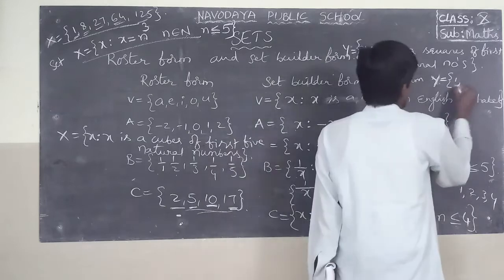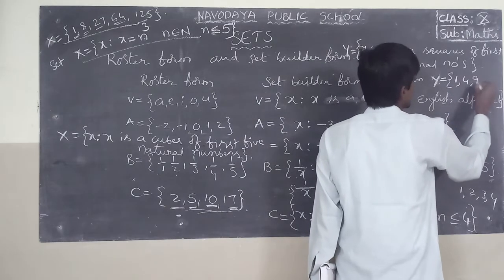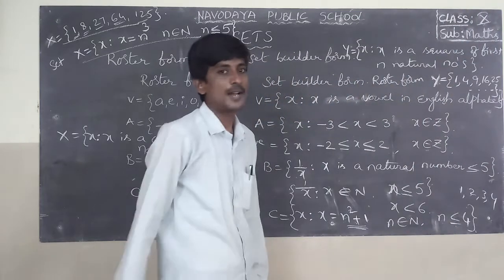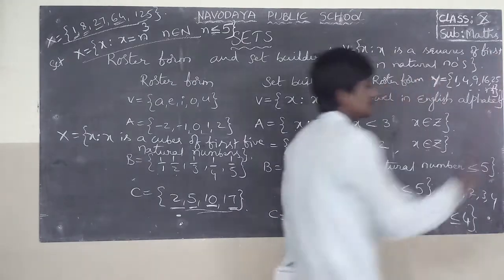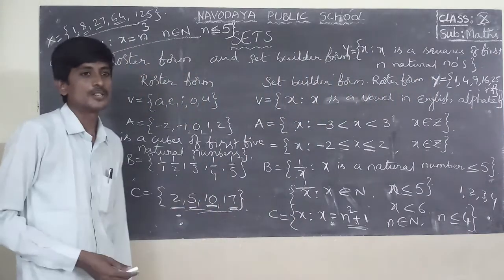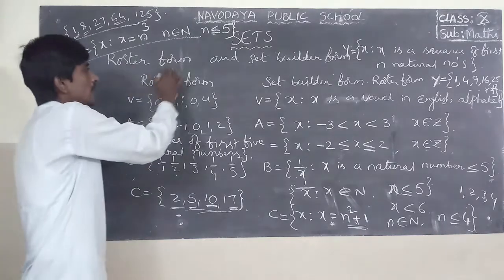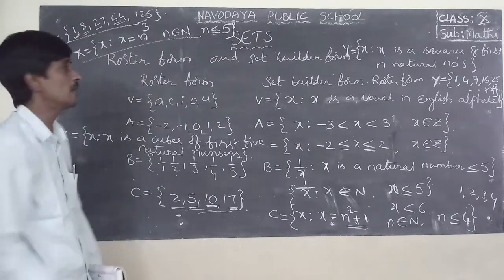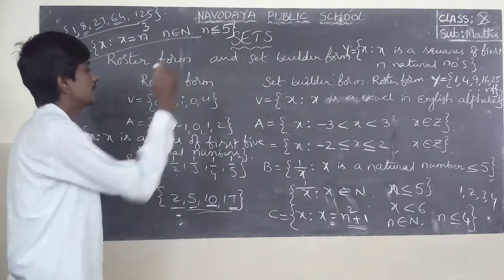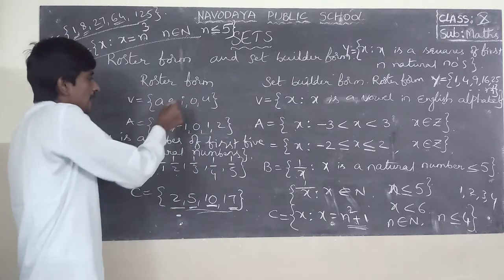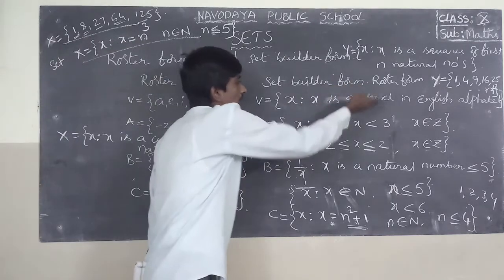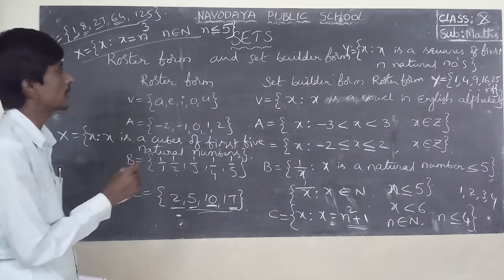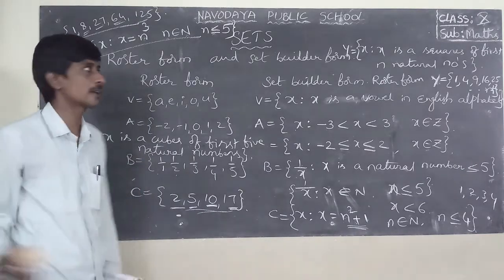The first n natural numbers means 1, 1 square 1, 2 square 4, 3 square 9, 4 square 16, 5 square 25, and so on. The last one is n square. That is the roster form. So if you are given the roster form, you write the set builder form. If you are given the set builder form, you write the roster form like this. If you write the elements form, that is roster form. If you write the sentence form, that is set builder form. This is one most important 1 mark or half mark sum. Okay. Next step.